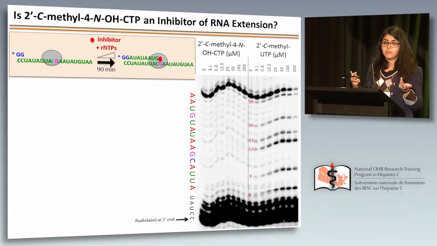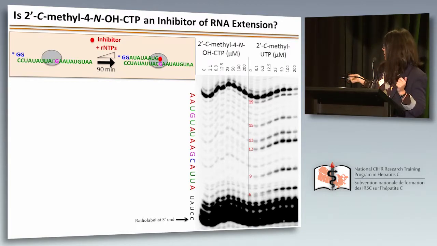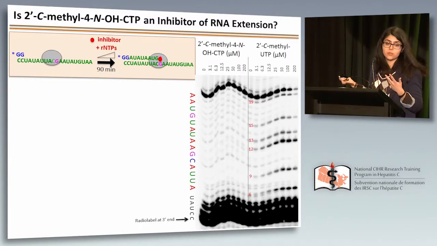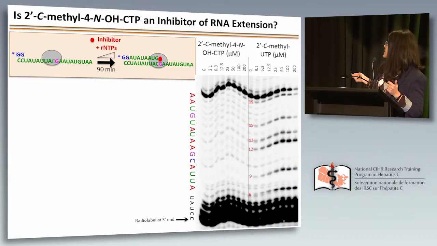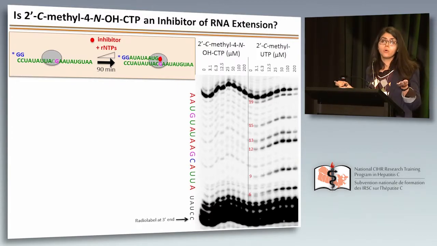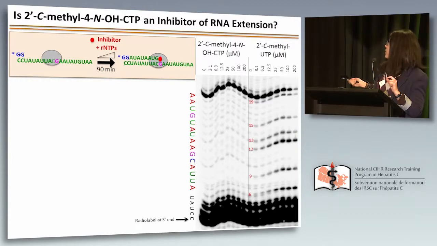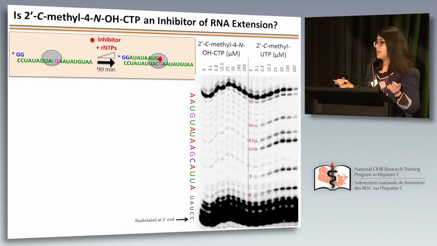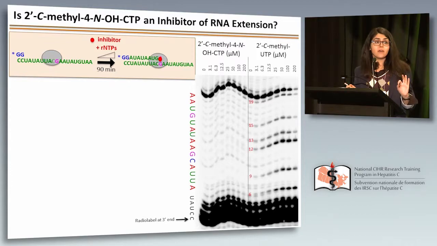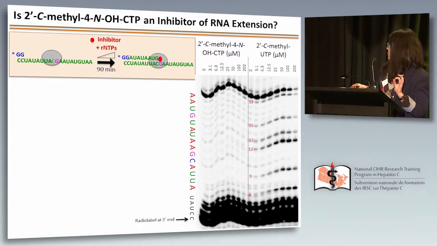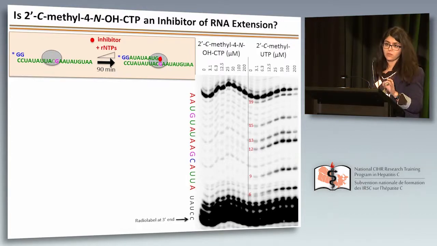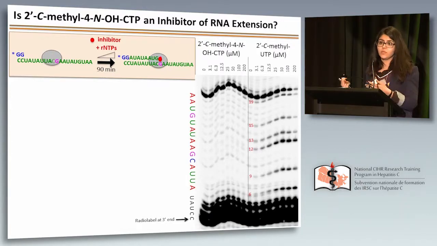And when we have an inhibitor that works, shown on the right panel here, such as 2'-methyl UTP, the increasing amounts of the inhibitor should correlate with a decreasing amount of the full-length RNA formation, as you can see here. And this at the same time correlates with the appearance of these pausing sites along sites of UTP incorporation. Okay, so that's how we know that we have an inhibitor that's working in our hands